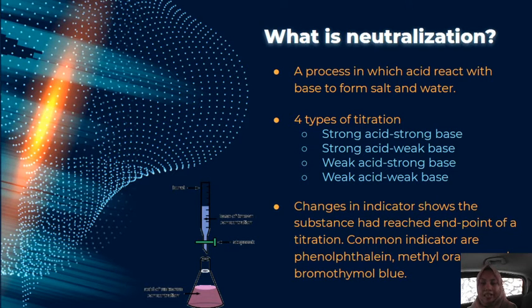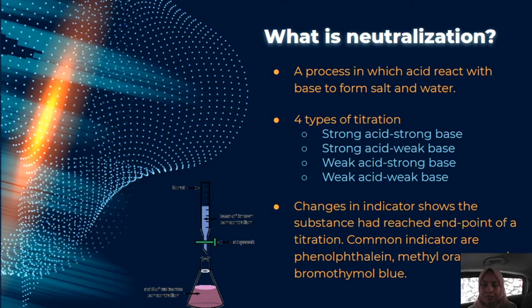What is neutralization? It is a process in which an acid reacts with a base to form salt and water. There are 4 types of titration, which involve strong acid and strong base, strong acid and weak base, weak acid and strong base, and weak acid and weak base. But in this experiment, we only use 2 types of titration, which are strong acid and strong base, and weak acid and